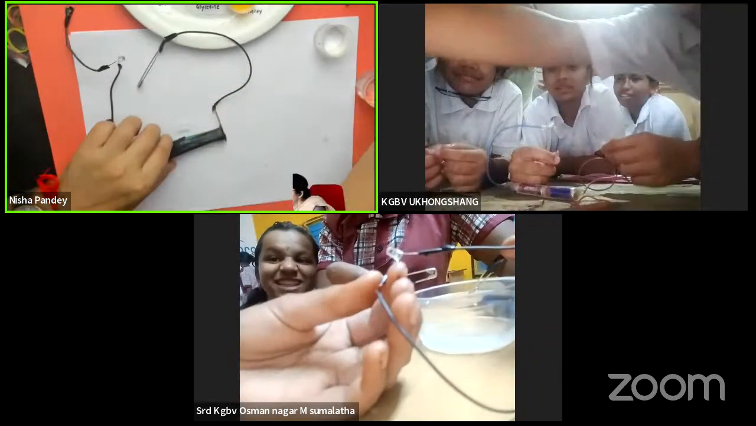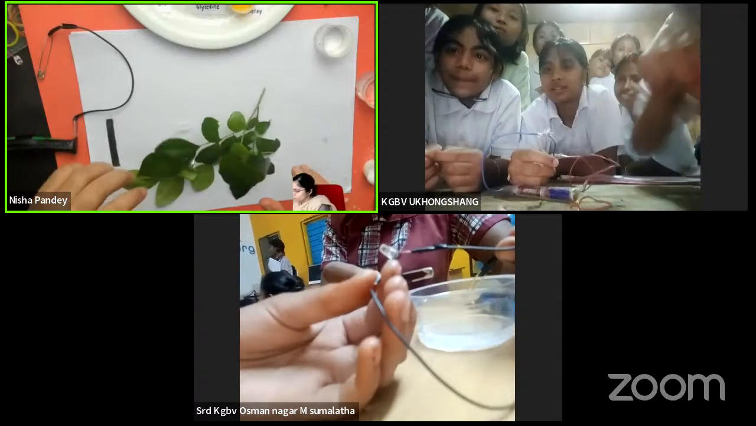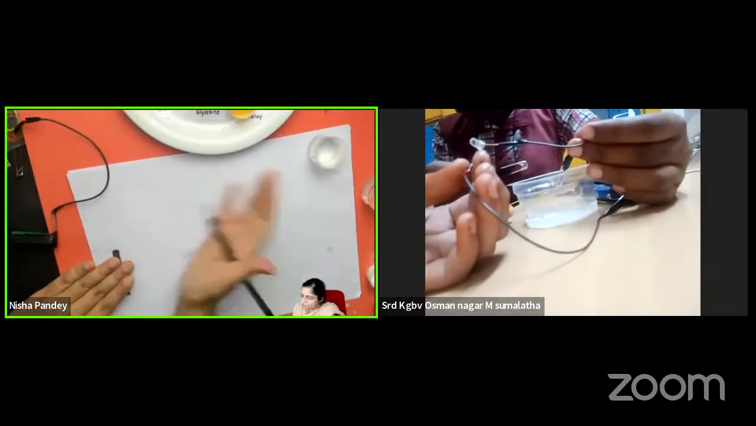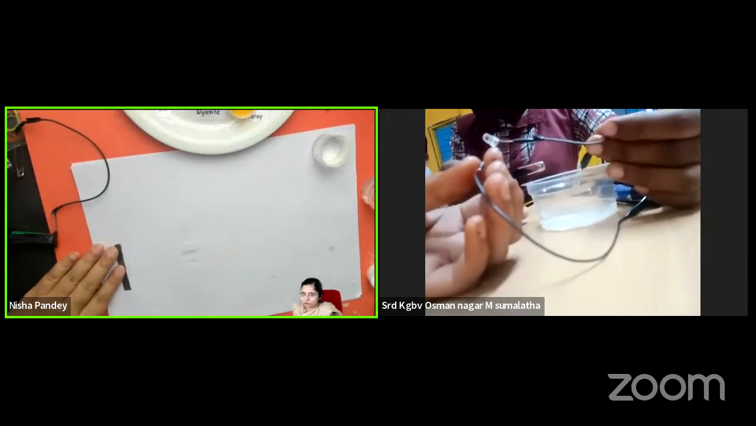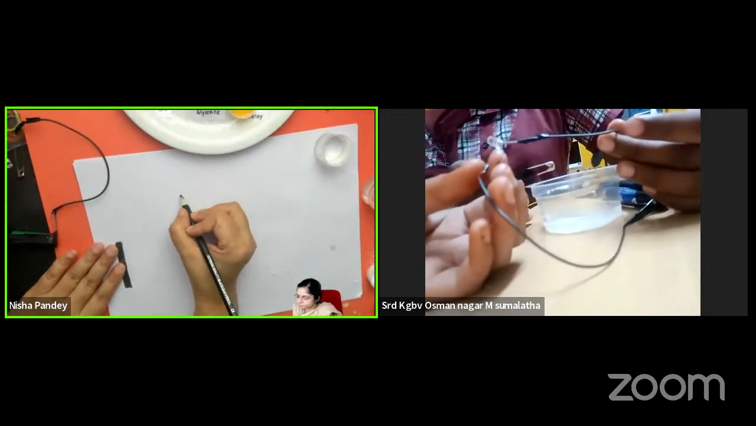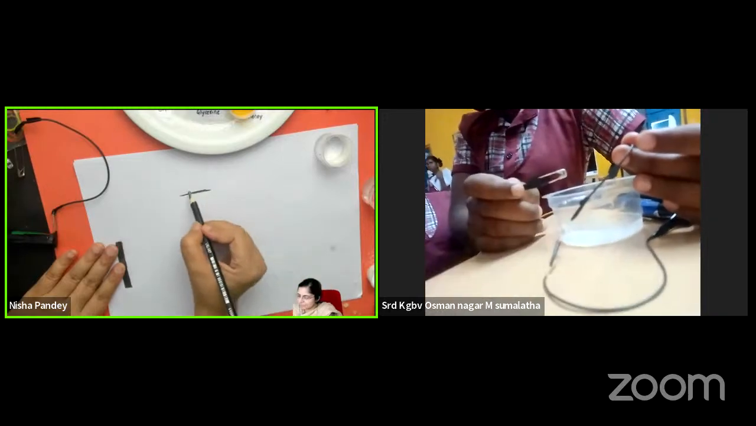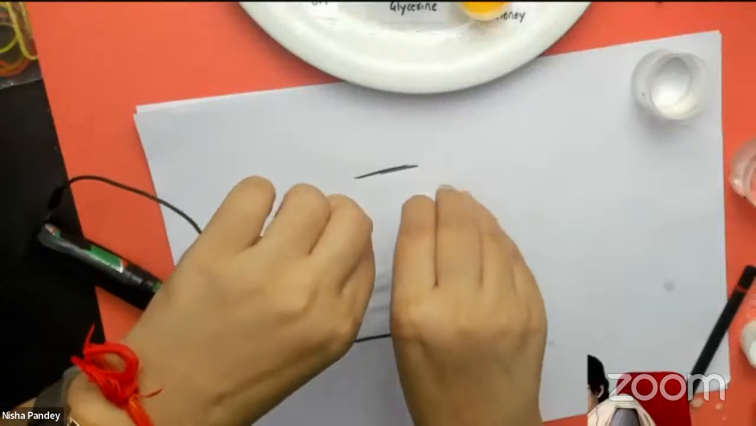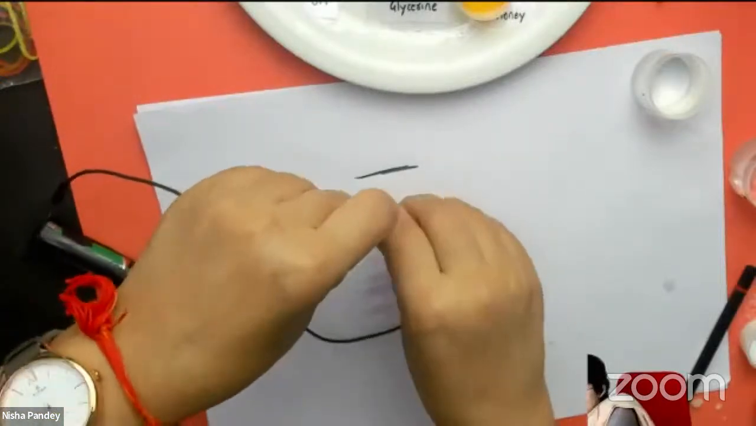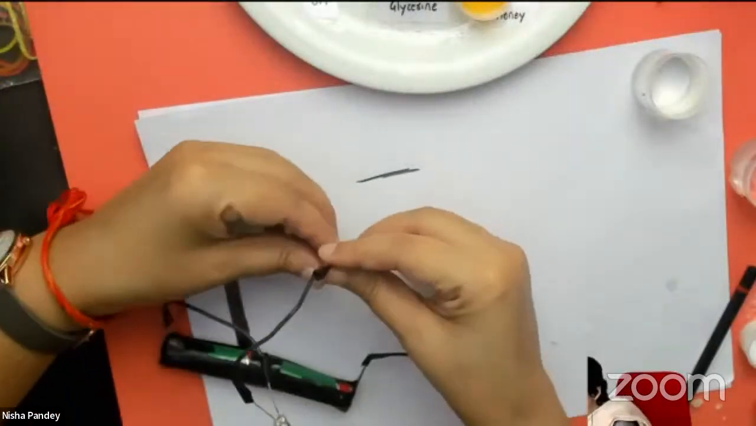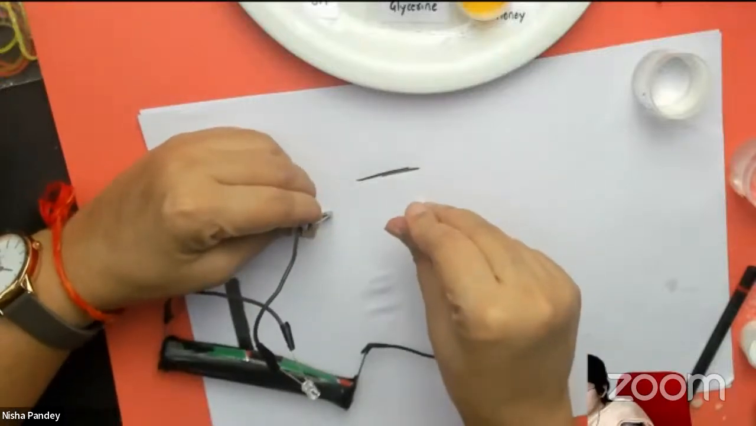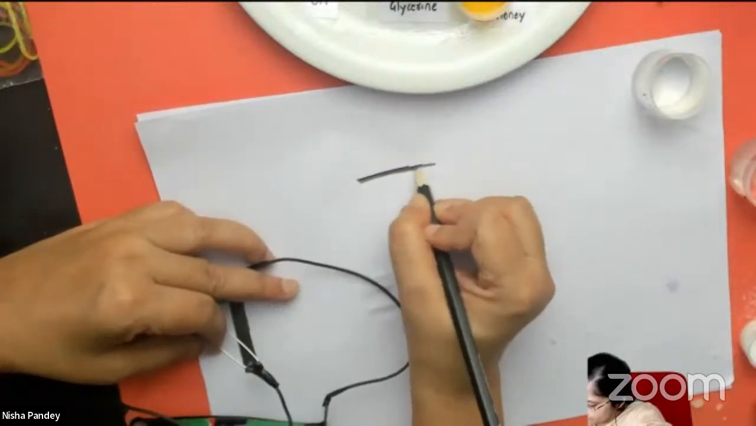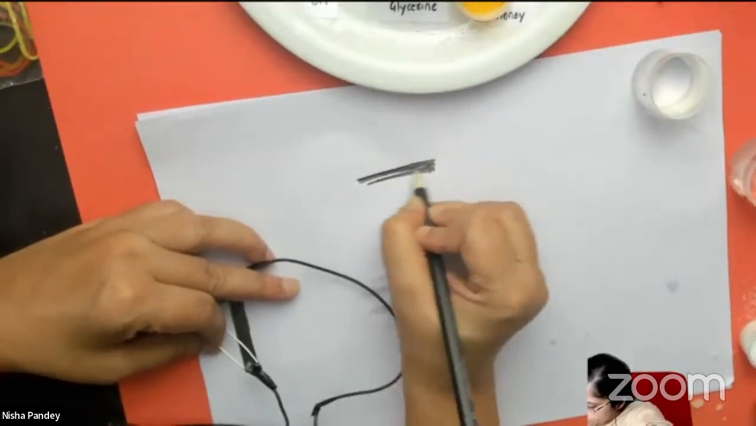So again, here I have one dark pencil. I was telling you, an extra dark pencil. Now see, in this paper, if I touch the two ends, the LED will not glow. The LED is not glowing. But if I make a thick strip of this extra dark pencil, like this,